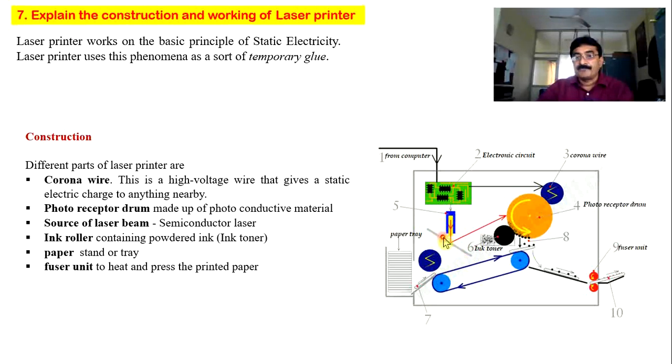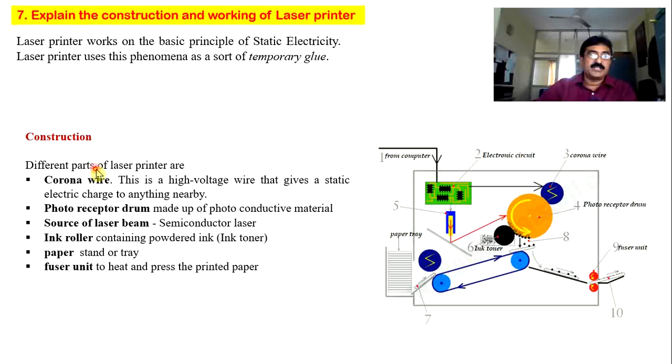Next, this is the paper tray where you load the paper, and this is the inlet. There is one more corona wire, then a wheel and belt arrangement, and then the outlet. Just before the paper comes out of the printer, we have this red dot. This is called the fusing unit. It gets heated up and heats the paper, and thereby the printout will be a bit hot, which you might have already felt. So this is the construction.